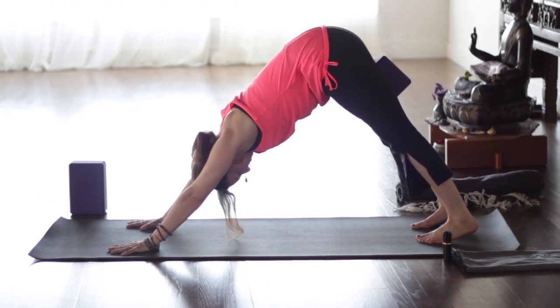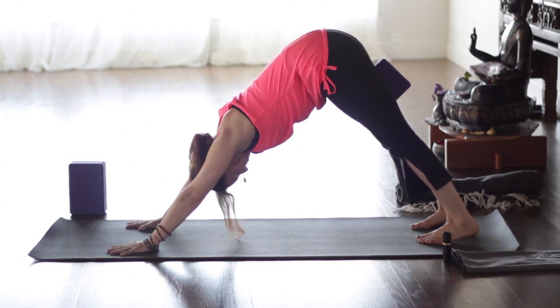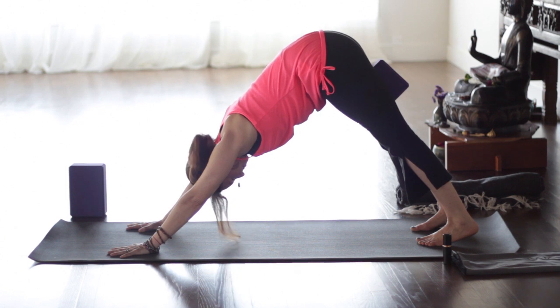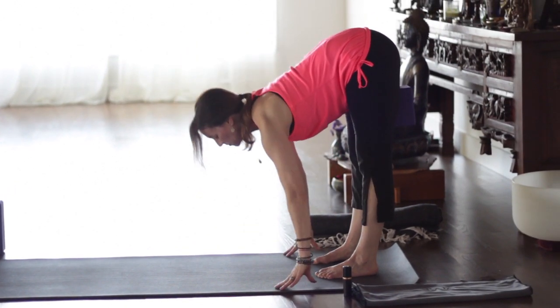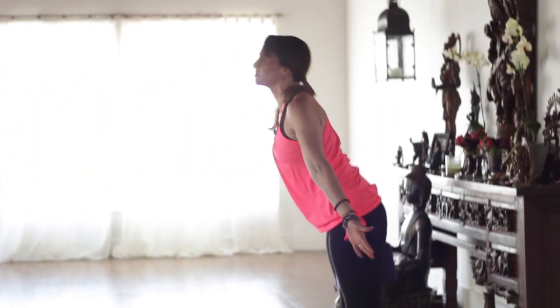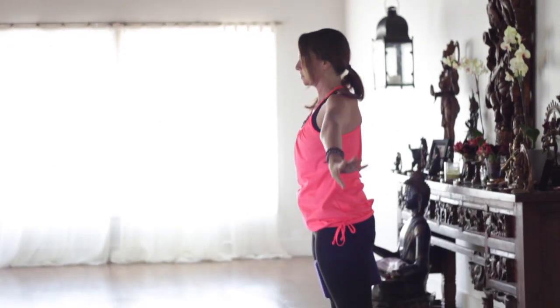Spread your fingers wide. Root into the base of the fingers as you lift up through the forearms and press the weight up through the hips and then down through the heels. See if you can create any more length in your spine. But still keeping the ribs in. On your exhale, walk your hands back to the feet. Inhale, lengthen the spine, and exhale to fold. On the inhale, rooting down, reach all the way up, tailbone lengthen, stretch up tall, and exhale, hands to the